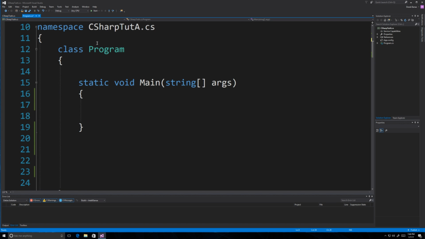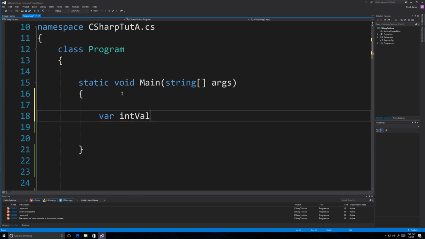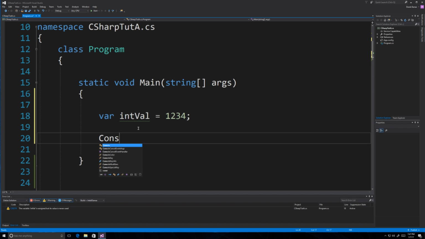Now, something I forgot to talk about in the last part of my tutorial is something that is called implicit typing. Now, you don't always have to, but you normally should define what data type you want to use for your variables, but you can also do something like this: var, and then whatever name, you don't have to use this name obviously, and you create a number. Now, C# is going to be smart enough to realize this is an integer and it's going to automatically make it an integer type. And just to prove that that is so,